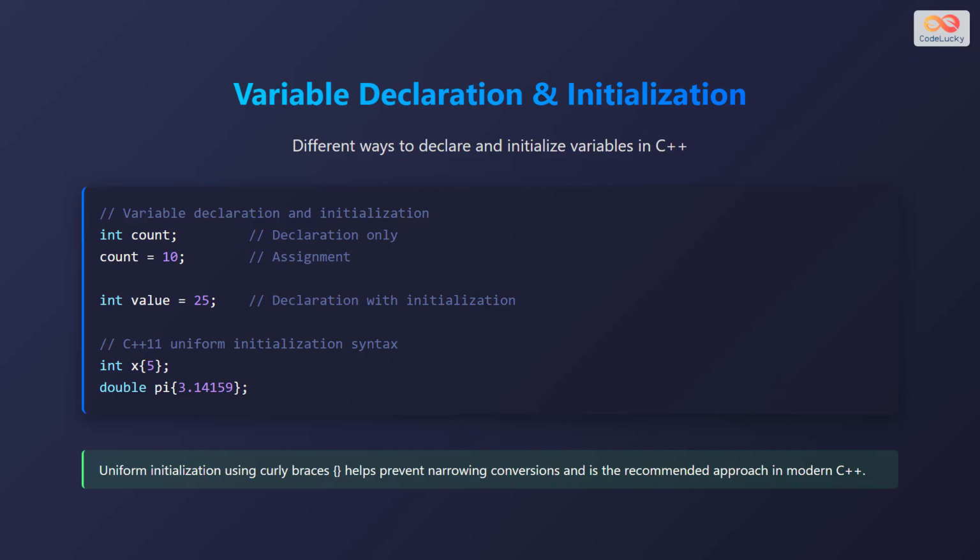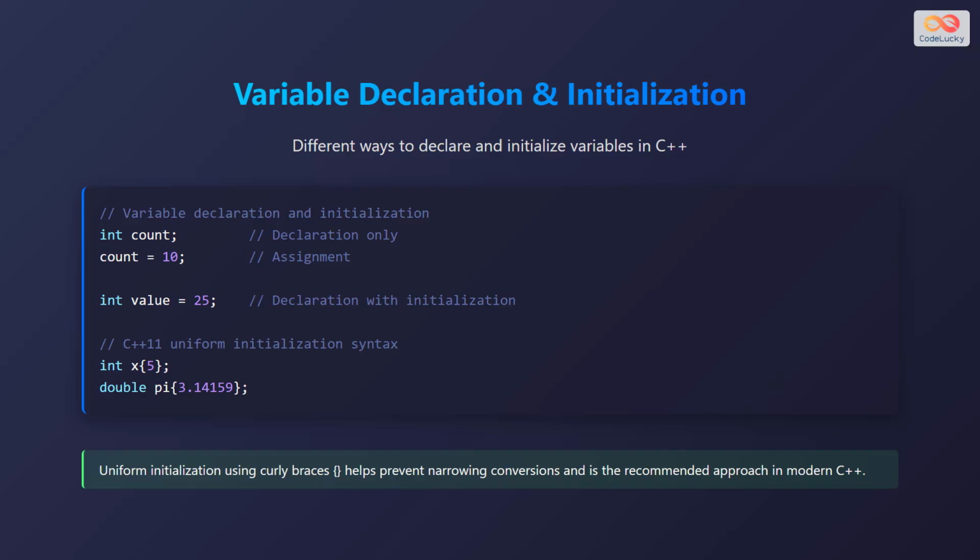Alternatively, we can declare and initialize a variable in a single line. For example, we declare an integer variable named value and initialize it with the value 25. C++11 introduced uniform initialization syntax, which uses curly braces to initialize variables. For example, we declare an integer variable x and initialize it with the value 5. Similarly, we declare a double variable pi and initialize it with the value